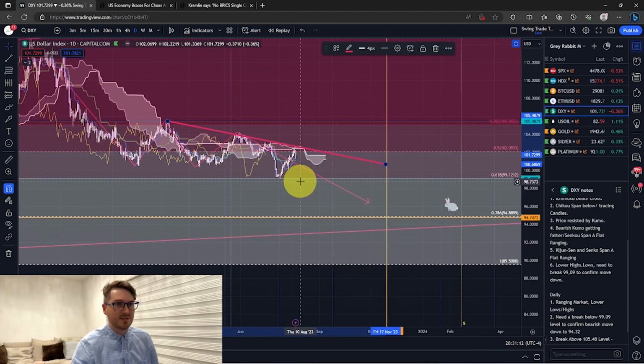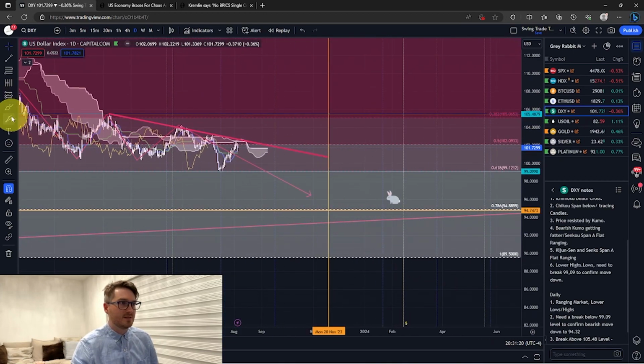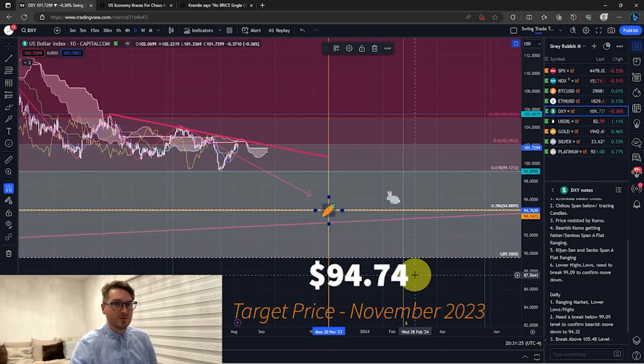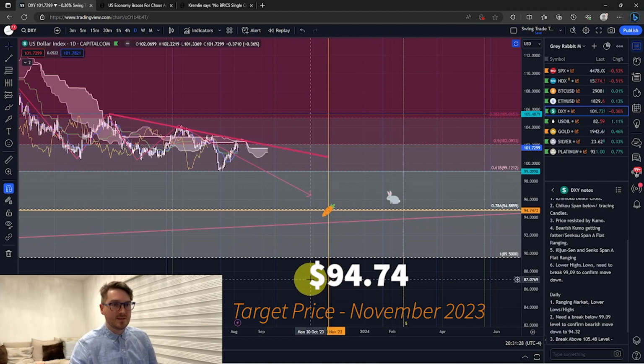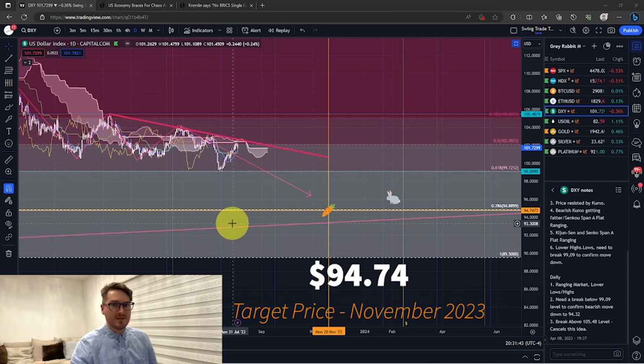And looking to get at least a 1-to-1 move from this range, this box range here. So my target is the carrot over here at $94.74, and I have this reaching around November 2023. Now, if price closes above this $105 level, this will cancel out this trade idea. But unless that happens, this idea is still intact, and this is where I expect to get the carrot,